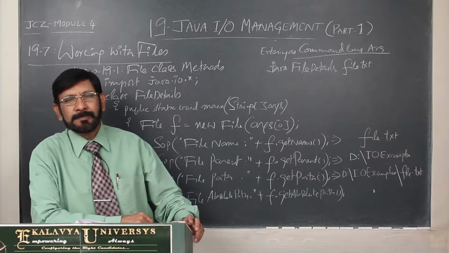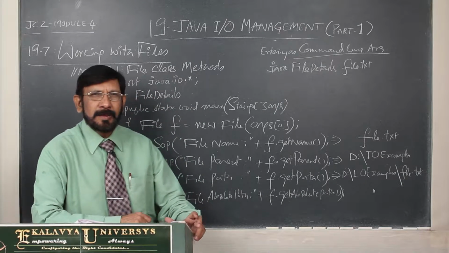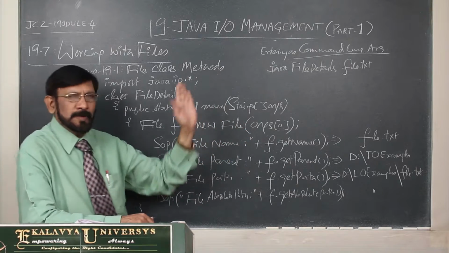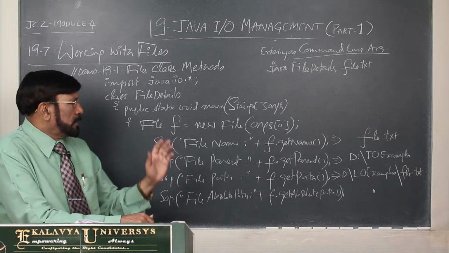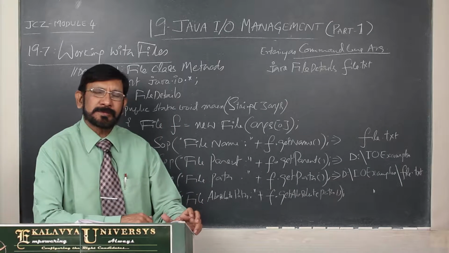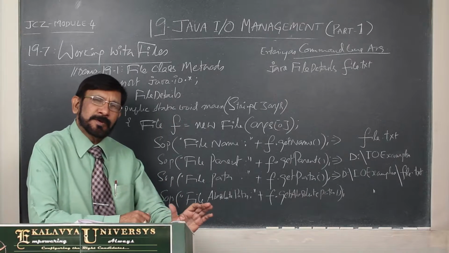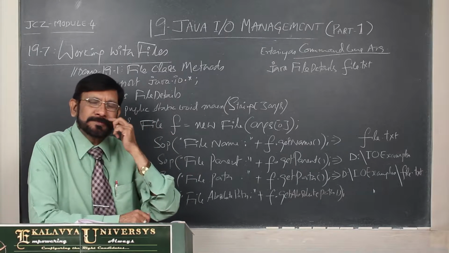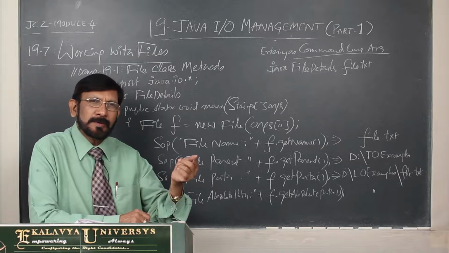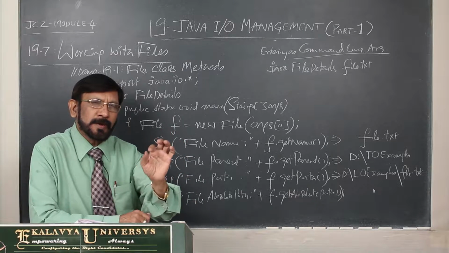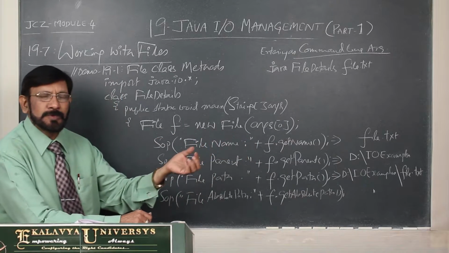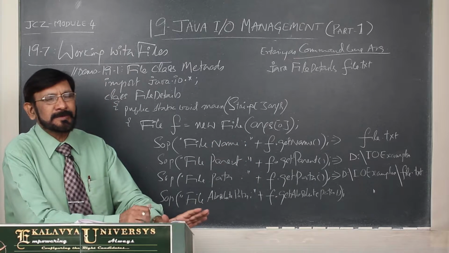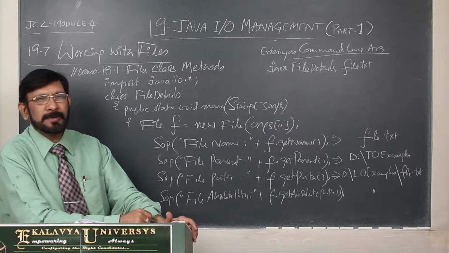We create a file and that file is to be manipulated by a Java program. Then we provide it to the File class. By that it is converted into a file object. Once a file is converted into a file object, then only are we allowed to use its instance methods on the File class object. That point you must remember.